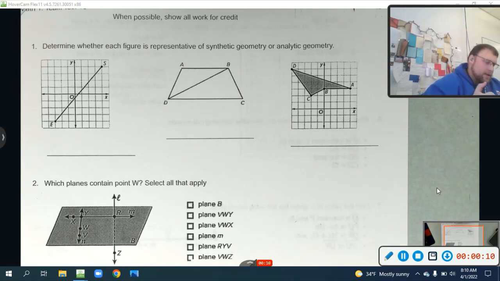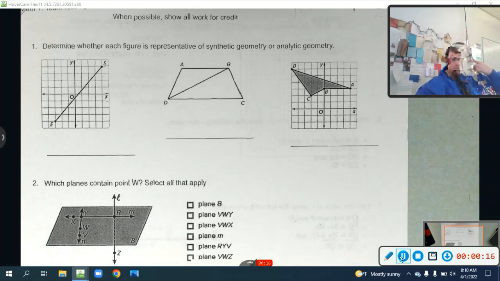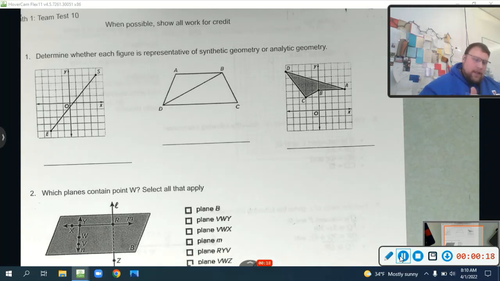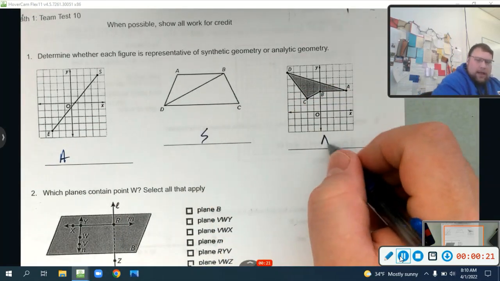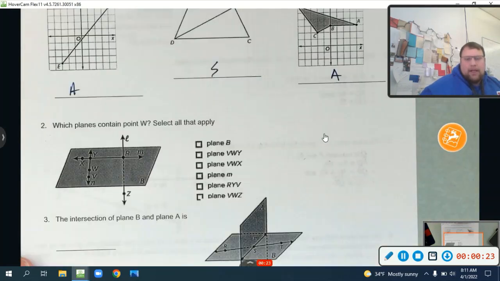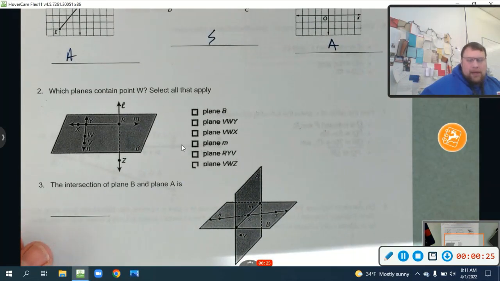Okay, team test. Analytic or synthetic? Trick is, if it has a coordinate grid, it's analytic. If it doesn't, it's synthetic. So we got analytic here, synthetic here, analytic here. It's that easy. A lot of people got stuck on this a little bit, not because it was hard, but